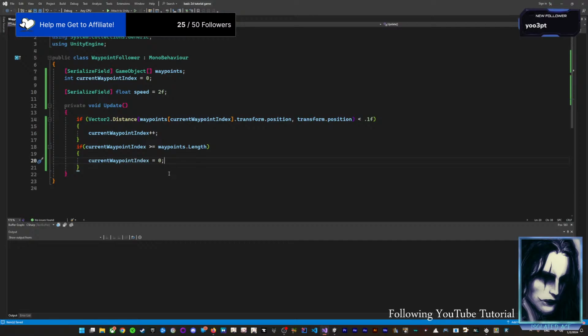And now we only have to write one more line and the script is already done. And it's important that you put the line at the correct place, because it can be confusing here with all these closing curly braces. We want to put it below the outer if statement. And here we want to move our platform a little bit towards the next waypoint, because this is the next frame. And then, as I already explained, we don't want to use velocity here. Instead we will move our platform directly